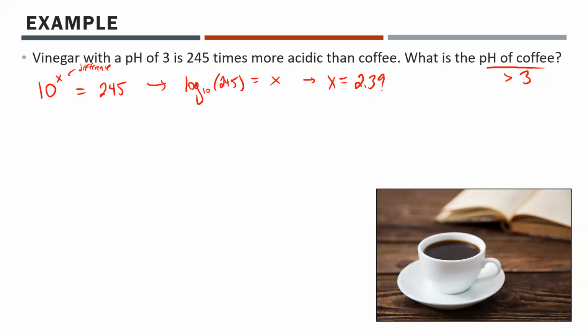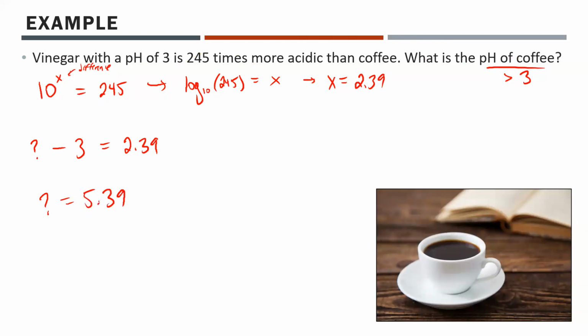Now, remember, our answer is going to be for coffee. We already were told vinegar is more acidic than coffee, so coffee has to have a bigger than 3 pH. So let's put it this way. Let's call question mark the pH of coffee. The pH of coffee, question mark, minus the pH of vinegar, so minus 3, equals 2.39, right? We just have to add 3 on both sides. That's all we got to do here. So question mark, the pH of coffee, equals